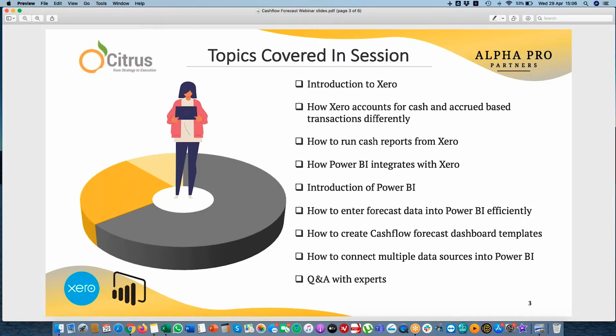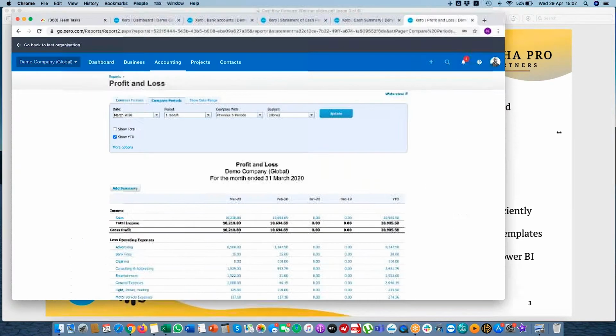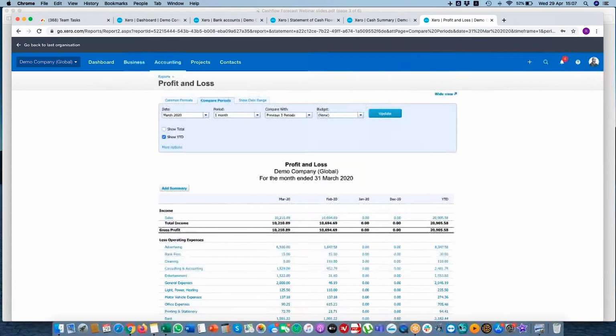In terms of the software, the very theme of Xero when it first came about was to be a very user-friendly accounting software for entrepreneurs and accountants. And as an accounting firm, one of the reasons why we chose only Xero to support our clients was because it's very easy to use. It's very good at separating out the cash and the accrual-based transactions, which is very important when you're preparing cash flow forecasts, because you want to be able to distinguish the two types of transactions. So I'll now go into my screen and start showing you a few reports which could be quite